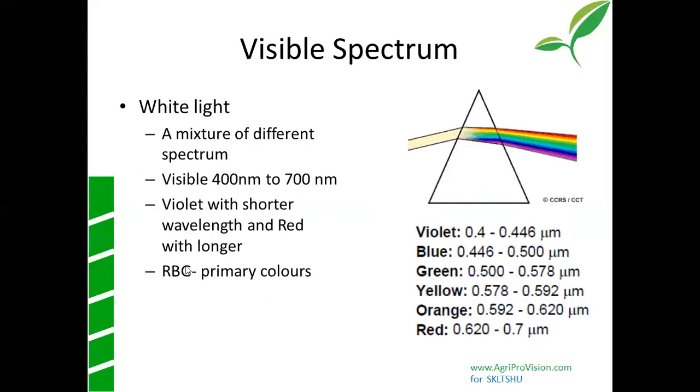I want you all to remember this particular thing. The primary colors are red, blue, and green, which are the ones used in remote sensing. Whenever we talk about false color composites, all we are talking about is red, blue, and green, and how we use these colors to differentiate between different kinds of materials.